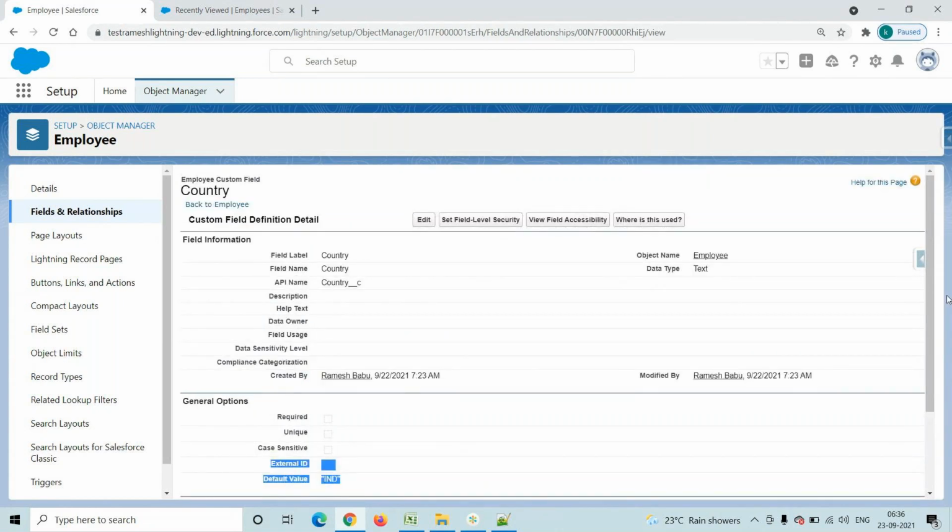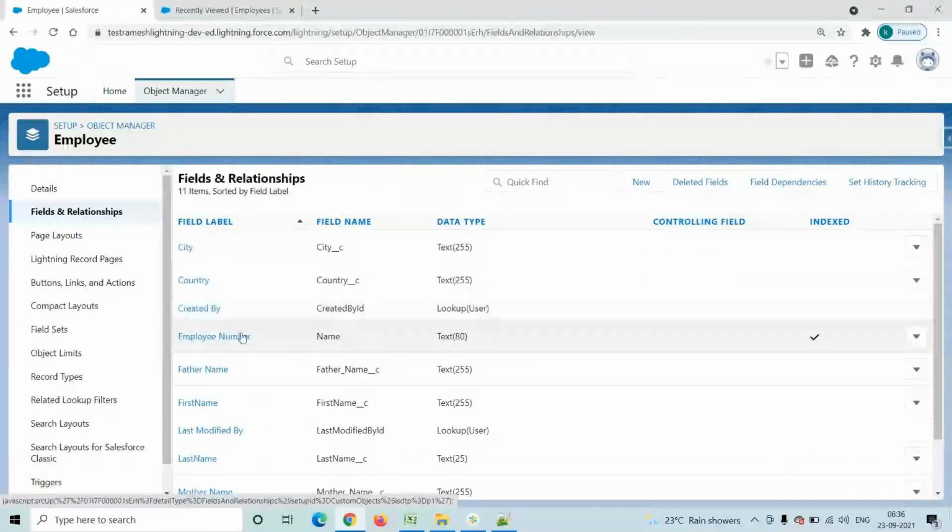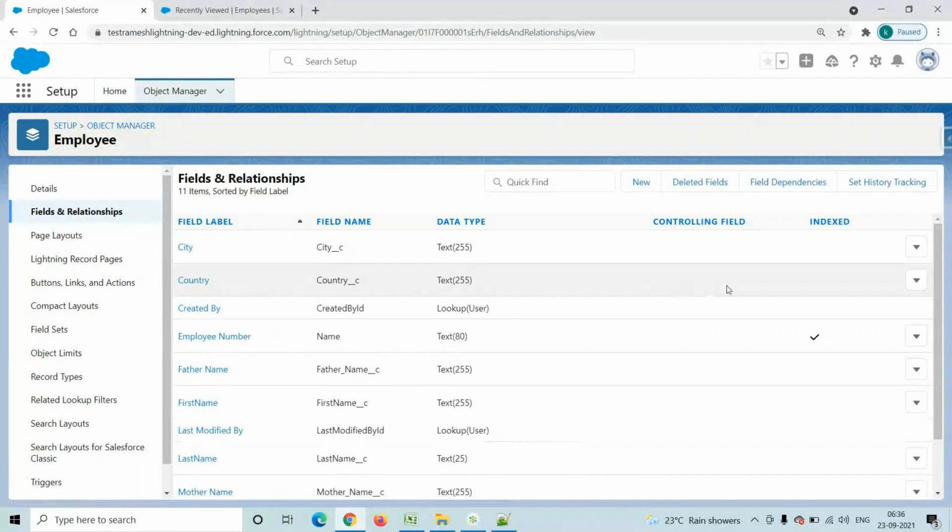Instead of the text data type, we want to make country a drop down list or pick list field. Generally, country means, suppose we are filling in a form, it will show a lot of countries, right? In Salesforce we call it a pick list. In other programming languages, we call it a drop down list. Now I am trying to delete this field. How to delete this field? Go to the same row where Country is. Here one drop down list is there, right?